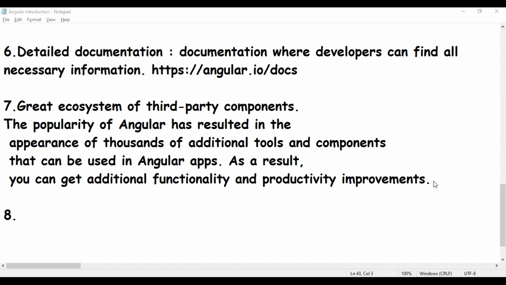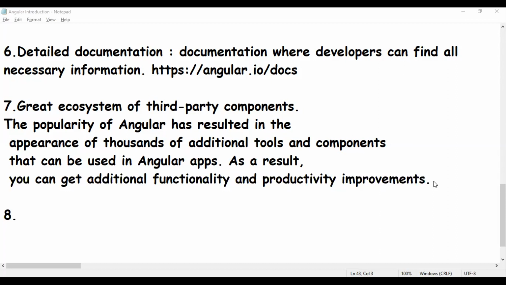Earlier, in AngularJS, it was using MVC, model view controller. In Angular, they are using component based architecture instead of model view controller architecture.